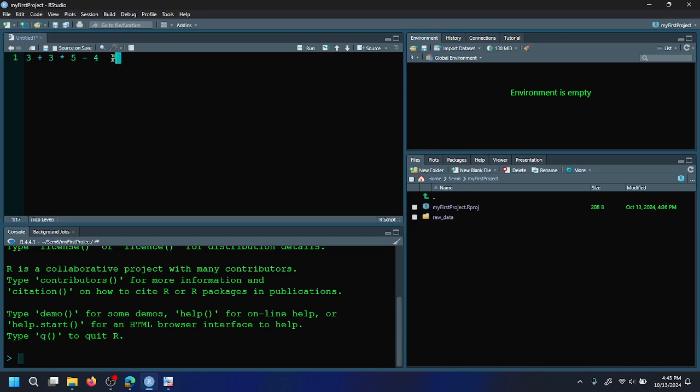But comments, as you can see here, are indicated by this hash sign. And then we just type in whatever we want. And these are not run by R. This is just something that we put in for ourselves to explain what we're doing. So for example, here I could say testing